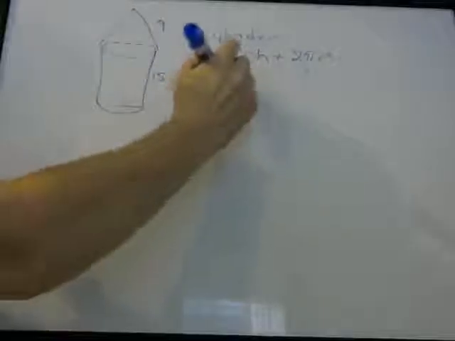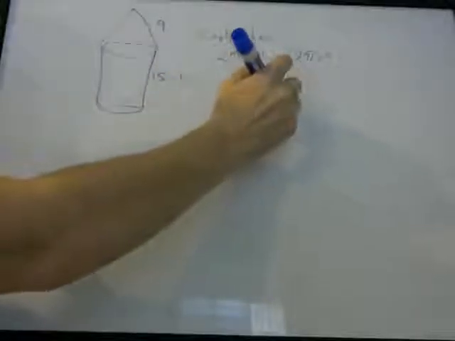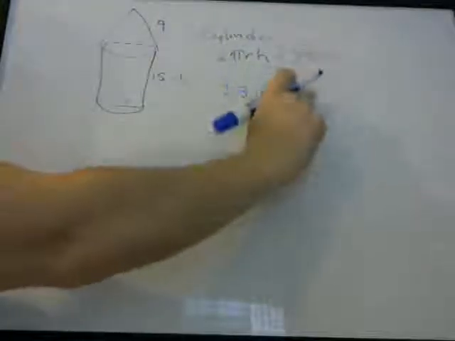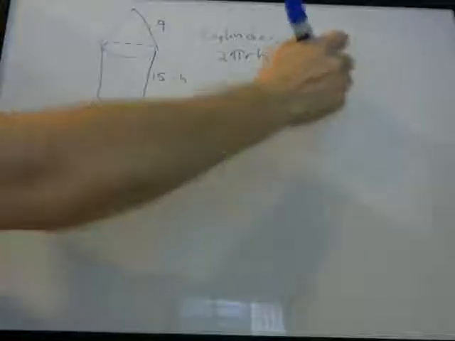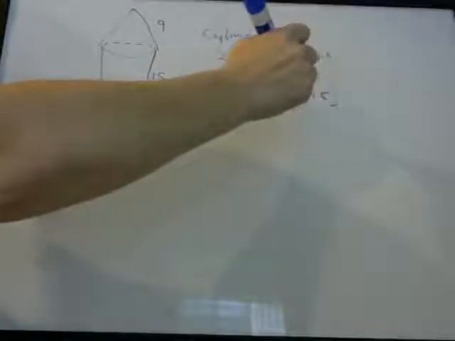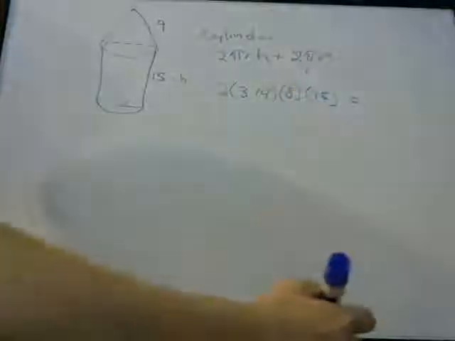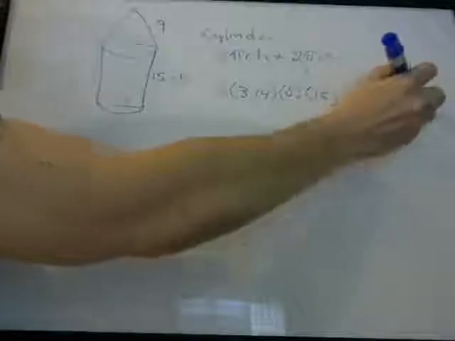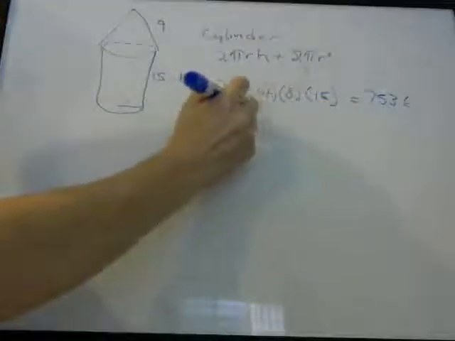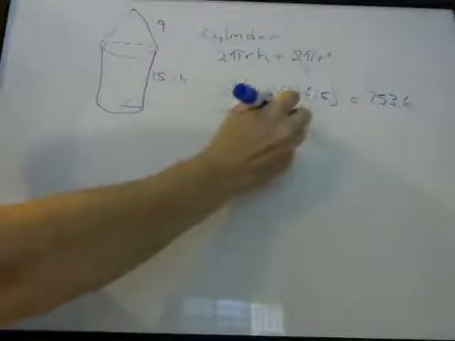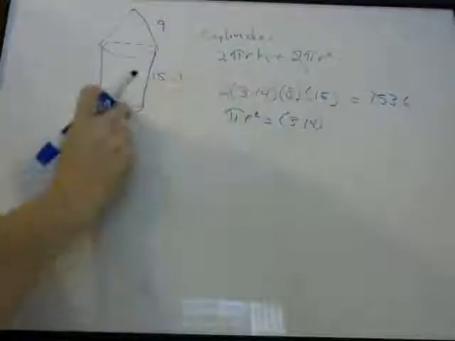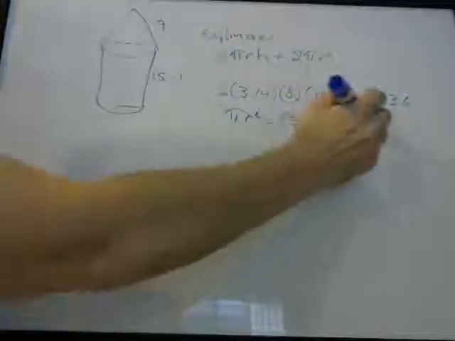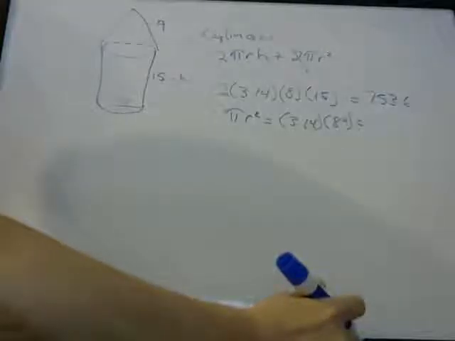So then we put this in. R is the radius, that was 8. Height, so if we do that, if you plug that all into your calculator, you're going to get 753.6. Pi r squared is 3.14. R is 8, so 8 squared. That's 8 times 8, not 8 times 2, remember. You plug that into your calculator, you're going to get